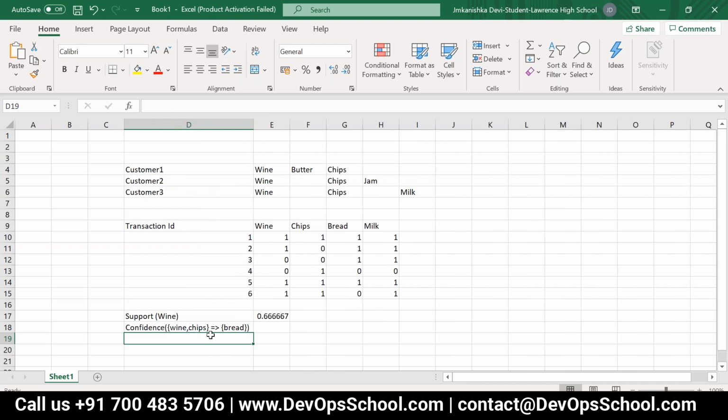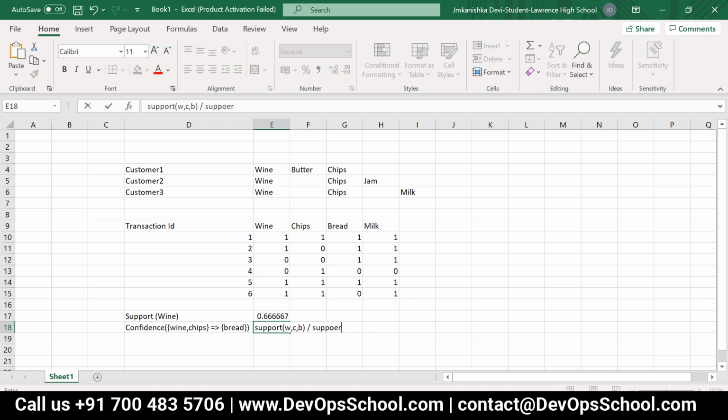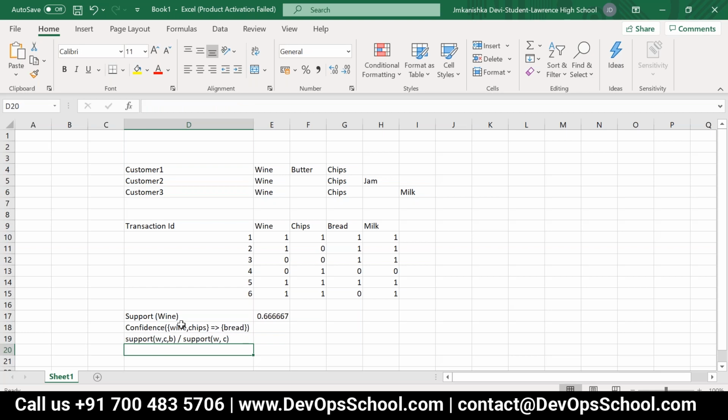So the formula is support of wine, chips, bread divided by support of wine, chips. This is the formula for confidence, for this particular problem.